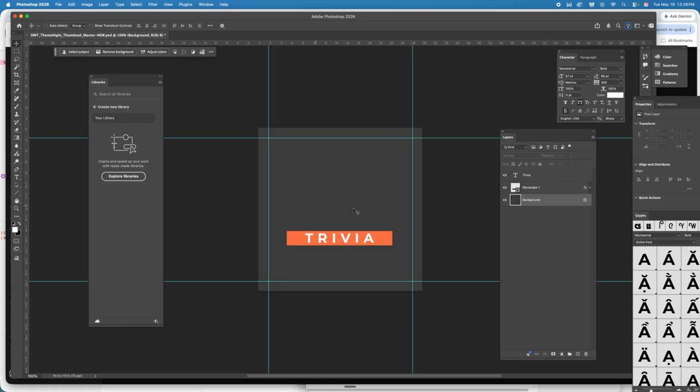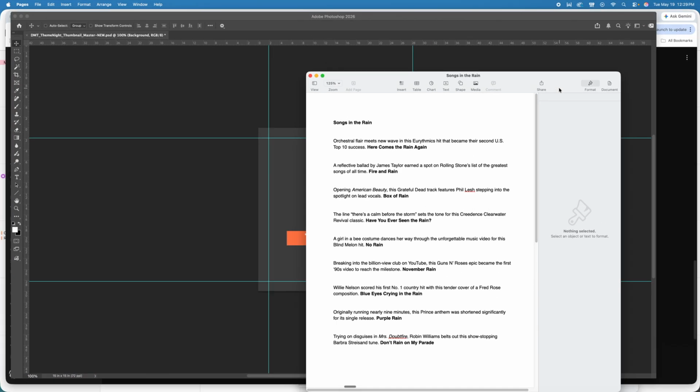And then I have the title here, and then in the corners we're going to have 4 different images, and I'll show you that in just a second. We're going to pull those from Google. And then we also have a background that we're going to pull from a website that I use for stock images. So to get started, we're going to go ahead and open this up and look at,